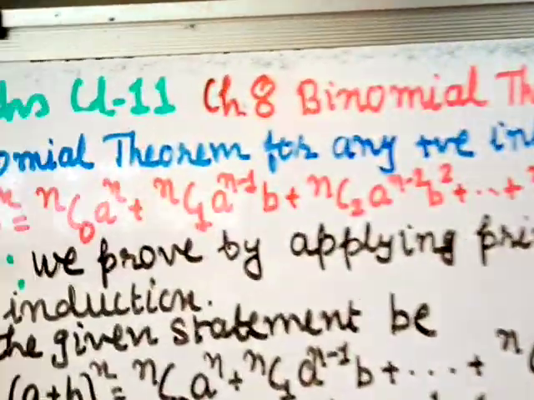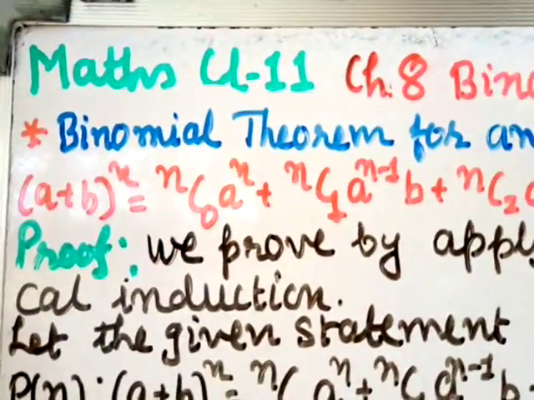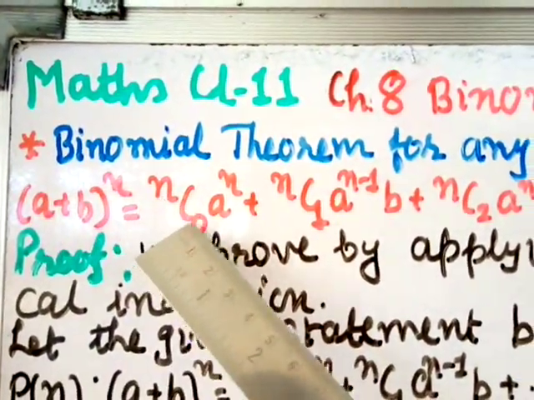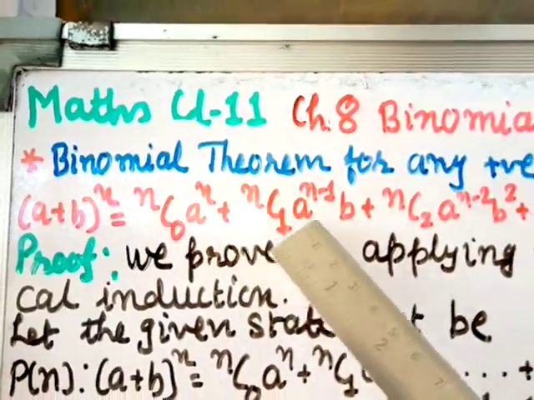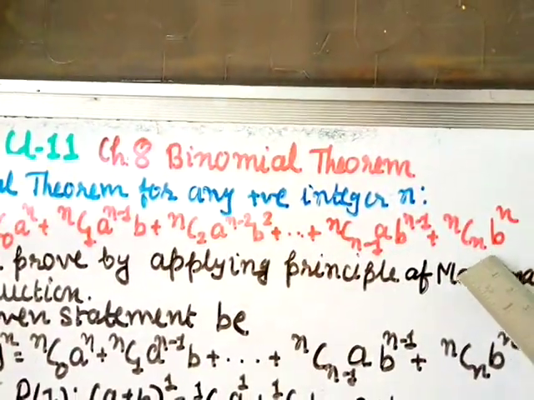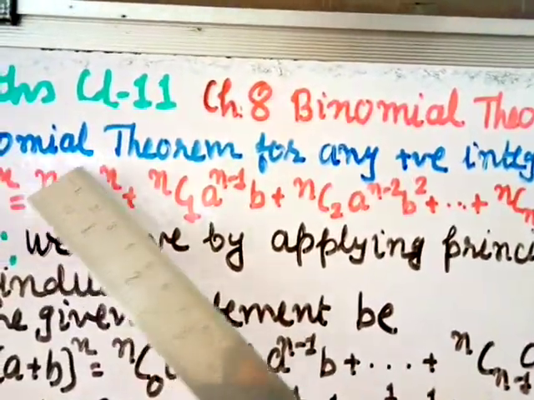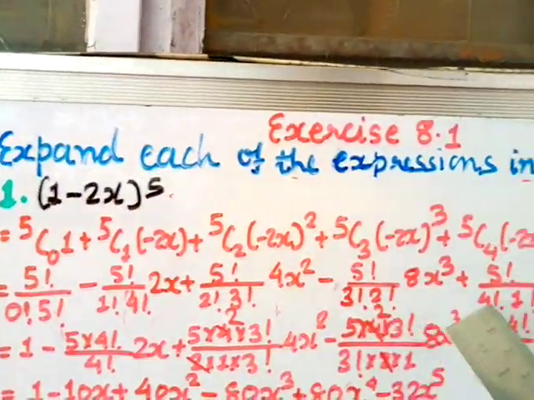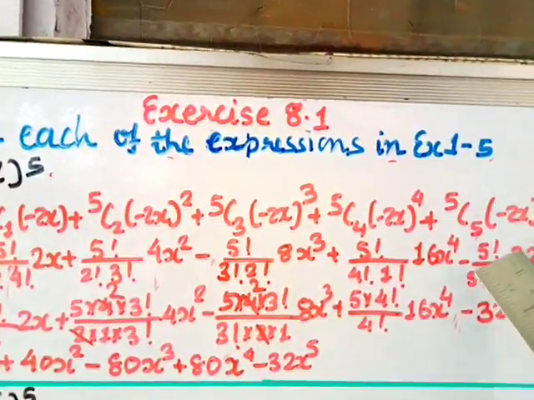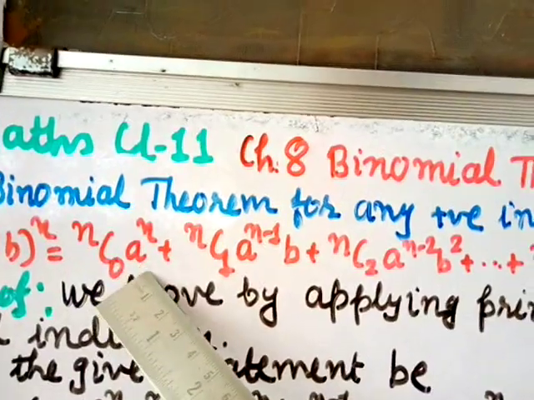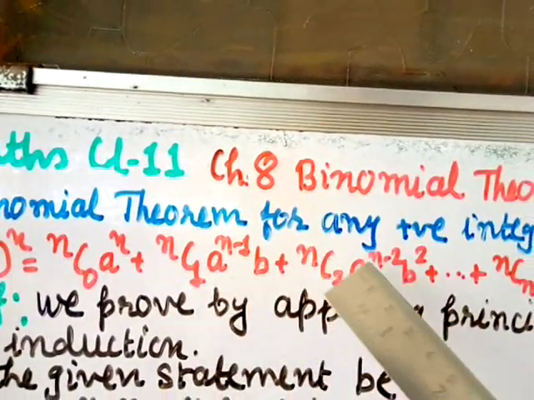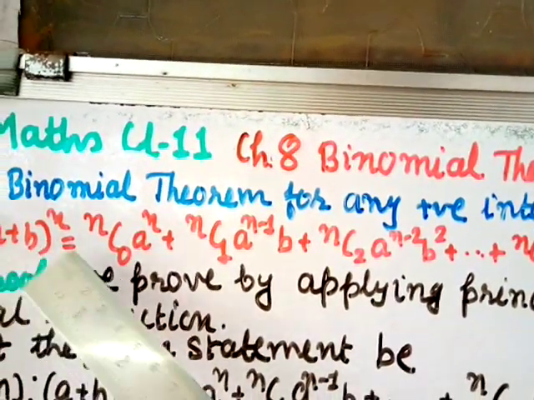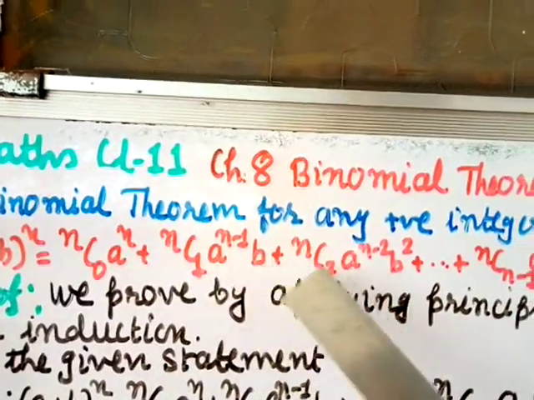So binomial expansion is (a plus b) power n equal to, here n is there, so nC0. Here we start with 0, 1, 2 and up to n. So we'll start with 0 and n remains fixed. Here n is 5. So I'll start with 5, then 0, 1, 2, 3 up to 5 it will go. Okay, nCn. And the first term power is starting with n and decreasing one by one. And second term power starts with 0 and then increasing by 1.